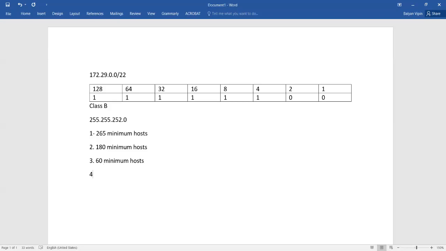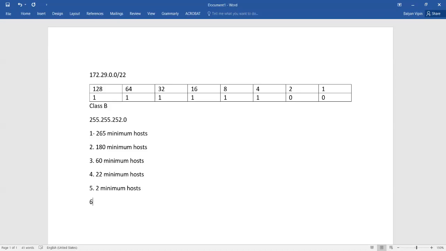The fourth one requires 22 minimum hosts. And the fifth one requires point to point, or you can say it requires 2 minimum hosts, meaning the network must be able to have at least 2 hosts.